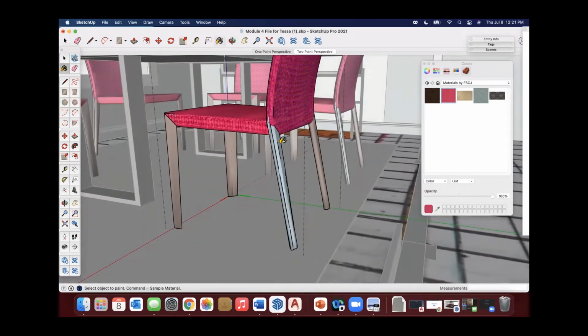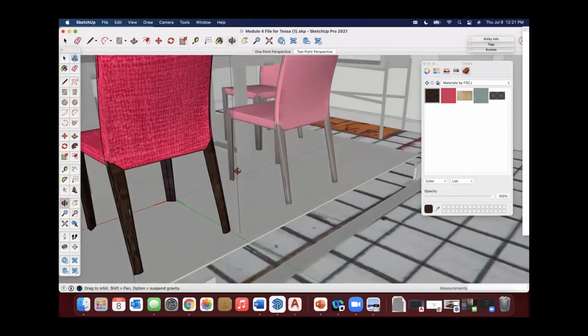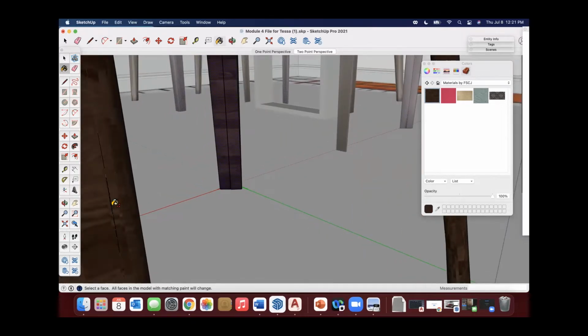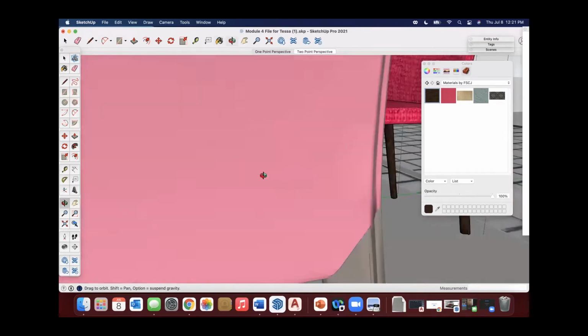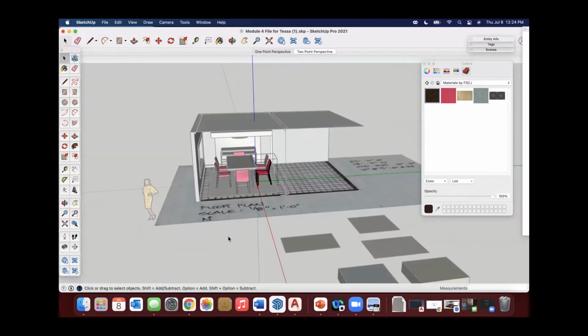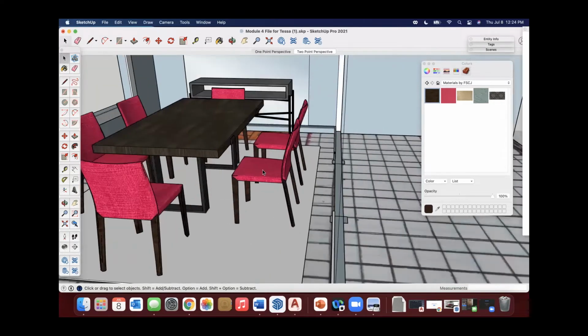So now what I want to do, while I'm in edit mode, is go ahead and apply the legs. So I am going to select the material for the legs. And then I'm going to go back to my space bar and select the materials for all of these legs. And I can just kind of zoom around. Sometimes lots and lots of geometry is hidden here, so I am just kind of filling in those gaps a little bit. And as I zoom out and click outside the group or the component, it closes that edit.